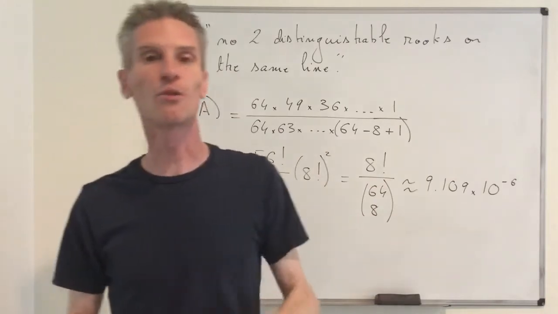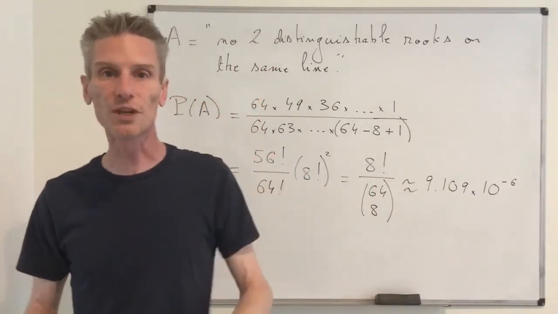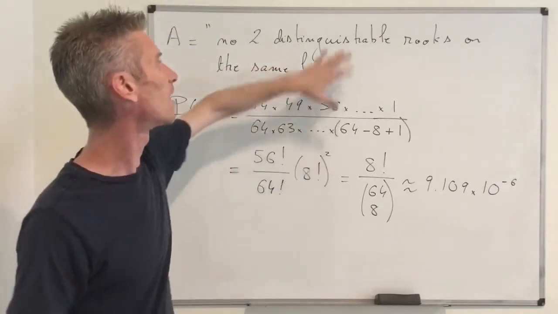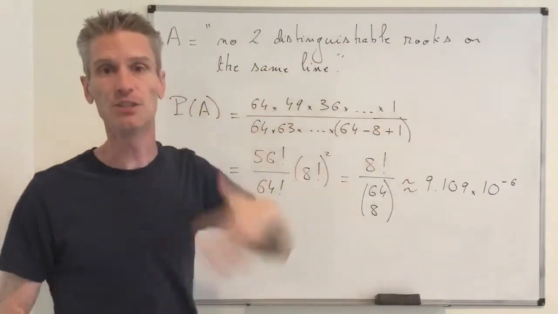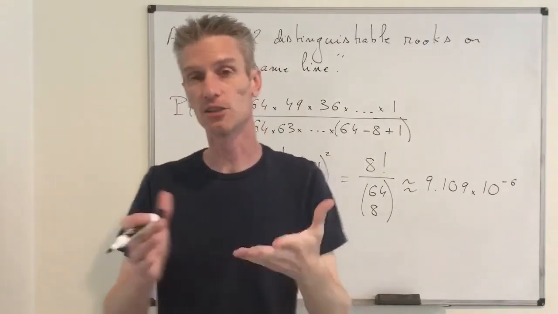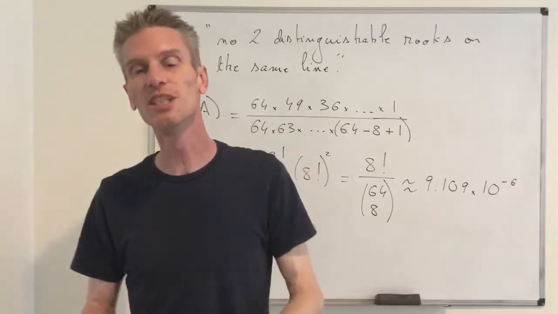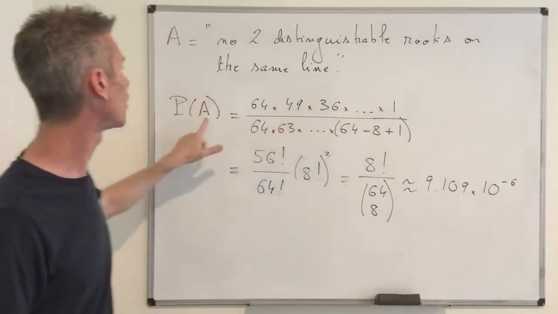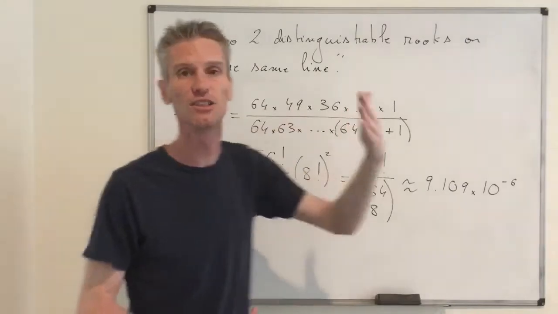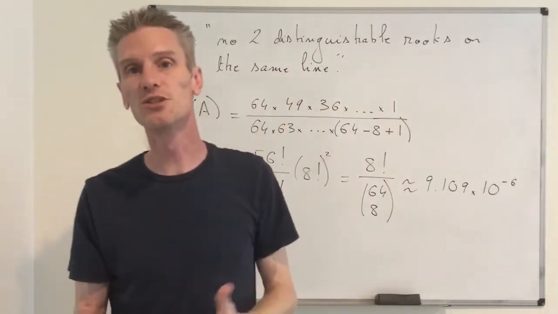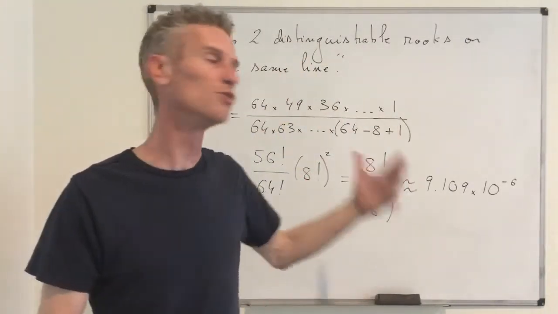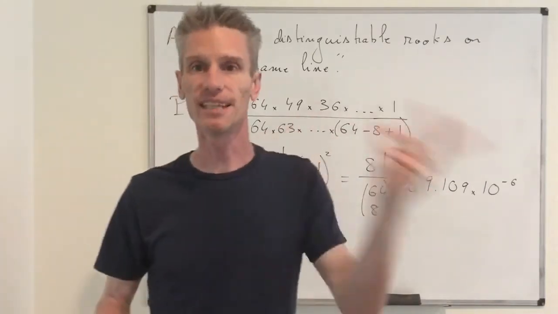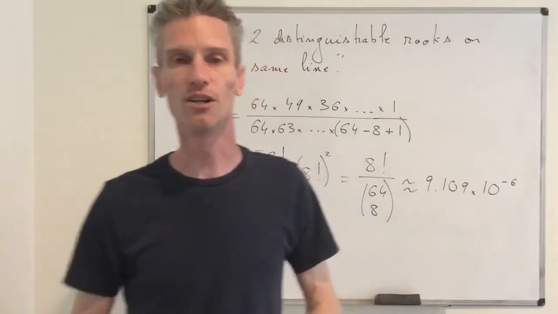So now to convince you of this, we are going to redo the problem, but assuming this time that the rooks are identical, in which case the size of the sample space is going to be much smaller. But it turns out that the number of outcomes in the event A is going to be also much smaller and reduced, in fact, by the same factor. So we eventually get exactly the same answer. So for that, let's go back again to our chessboard.